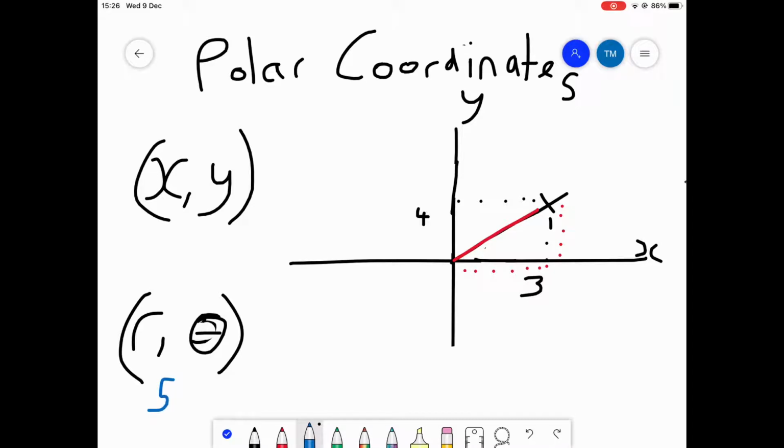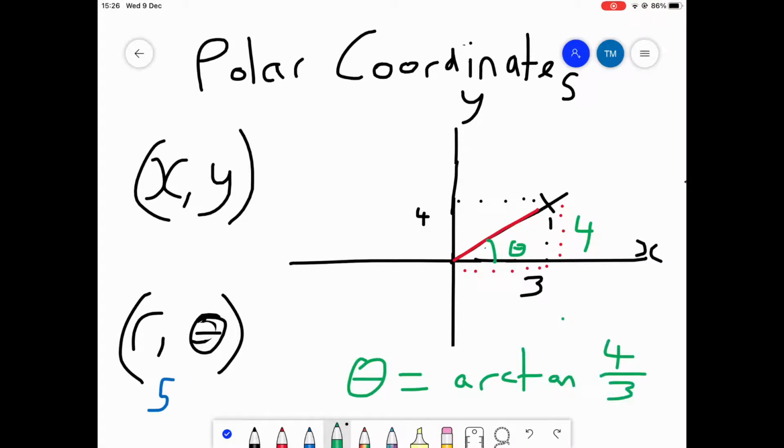Now to get theta, well, if this is a triangle we can use tan. So this is theta. Tan theta is opposite over adjacent. The opposite is 4, adjacent is 3. So theta equals arctan of 4 over 3. And using a calculator in radians, that would give us the answer of,